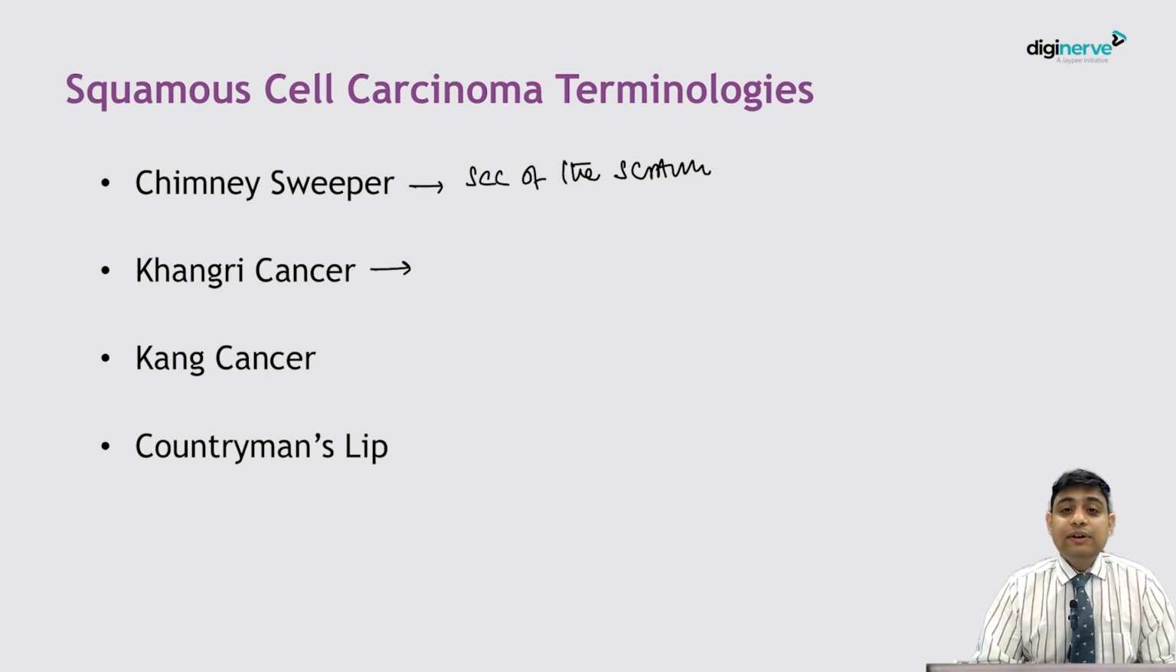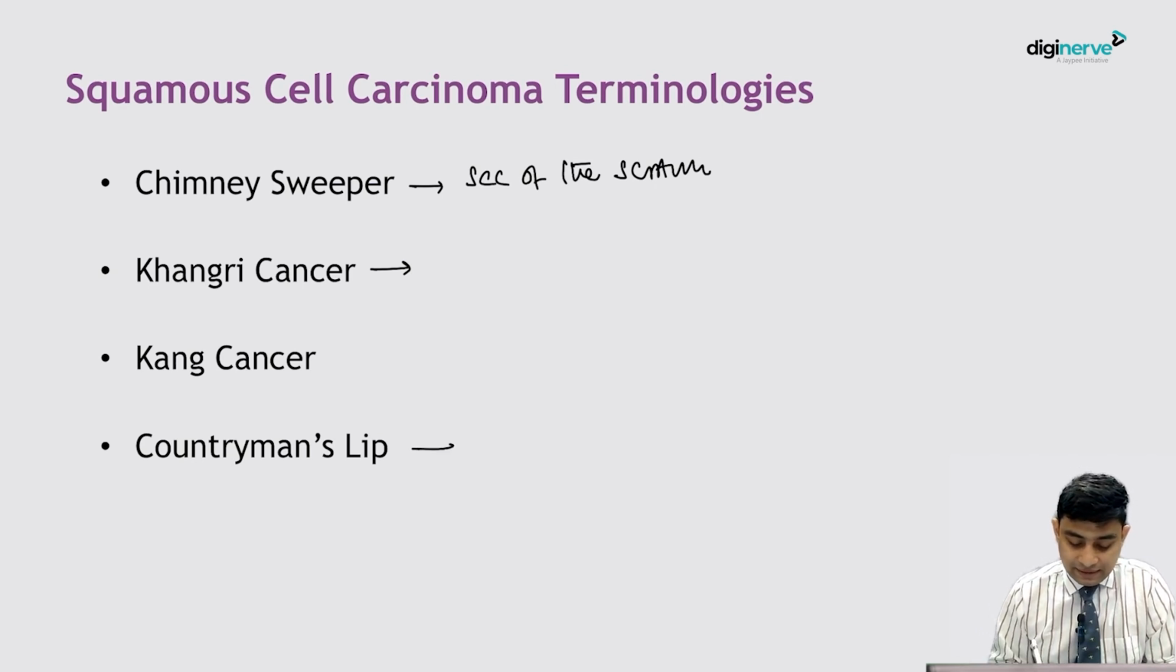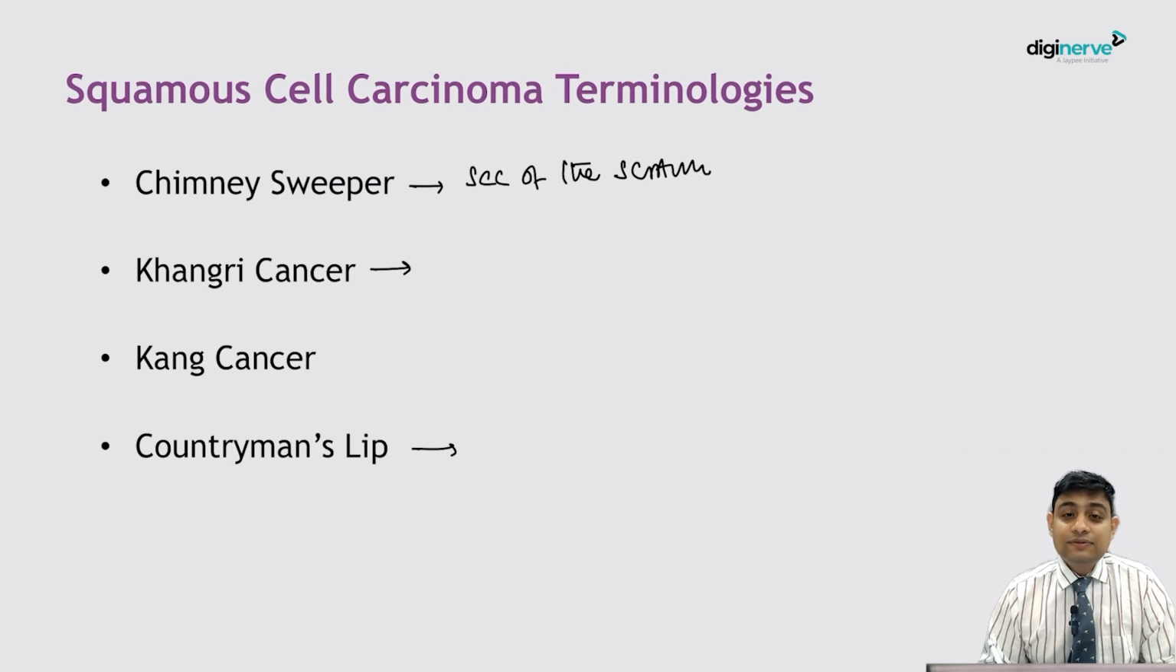Kang cancer is when people sleep on heated beds, so they get these malignancies over the back and over the legs. And countryman's lip is carcinoma of the lip due to squamous cell carcinoma. We can talk about this more in the head and neck cancer class. Okay,